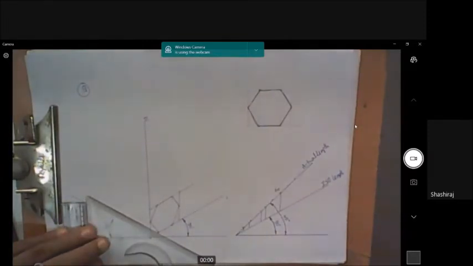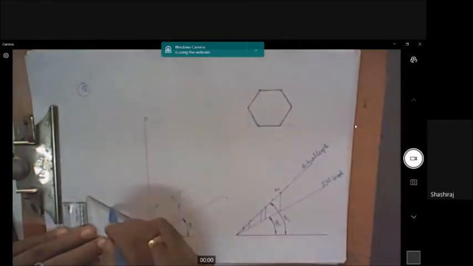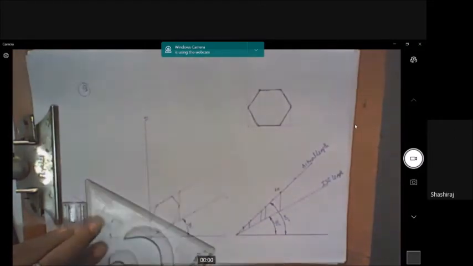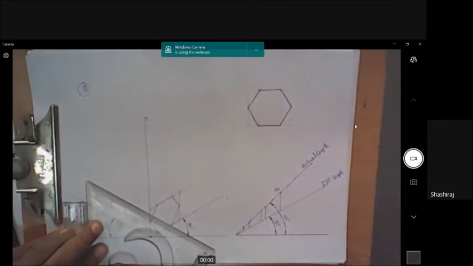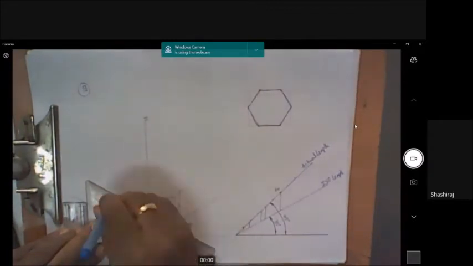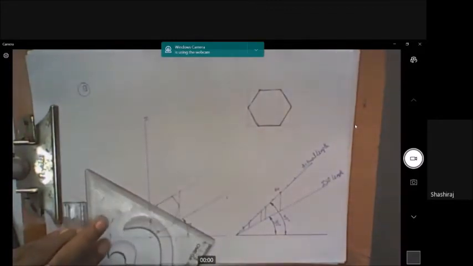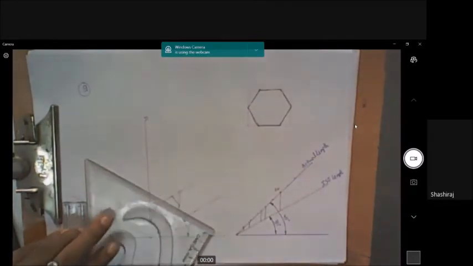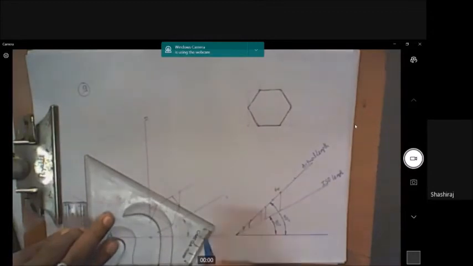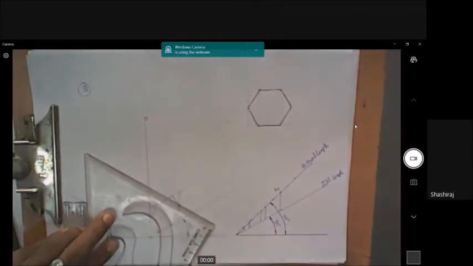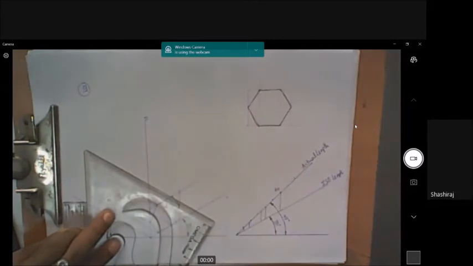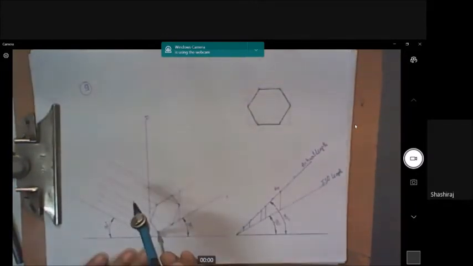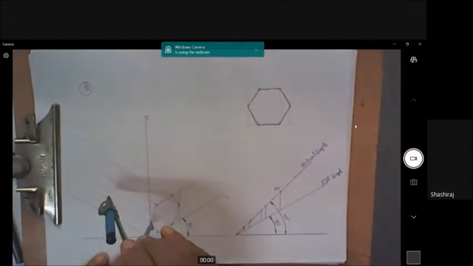So one of the lines is here, and one through this point, one through this point, fourth one through this point, fifth one from this point, and sixth one from this point. So 60 is so much, and all these edges I should draw that ISO 60.